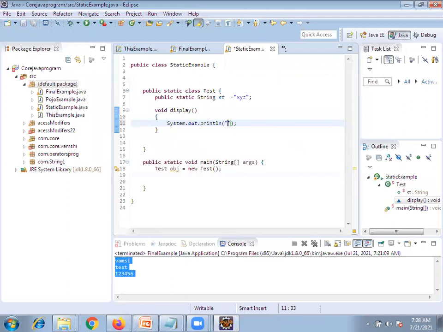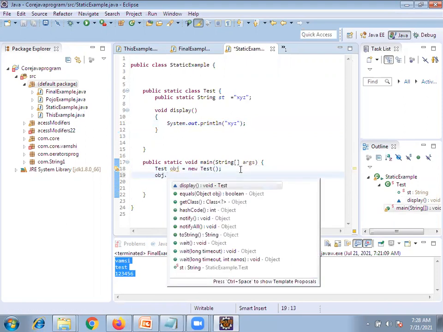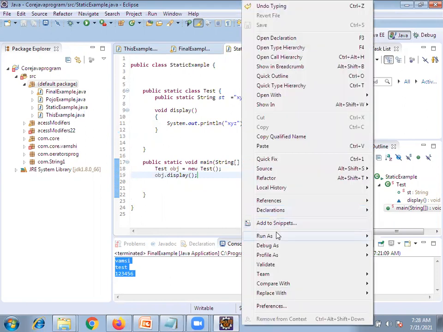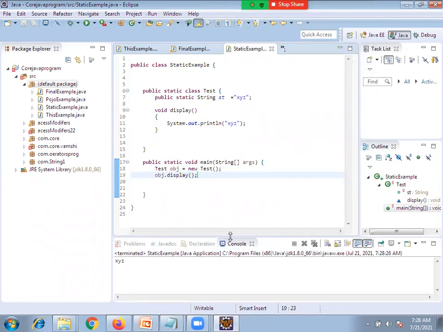So now, what is going on here? Now you can see object dot display. Right click, run as Java application. So it was printed. Are you getting what I am doing? So I have created an object for the static class and I am trying to print. Now we can ignore these two steps and try to call this.